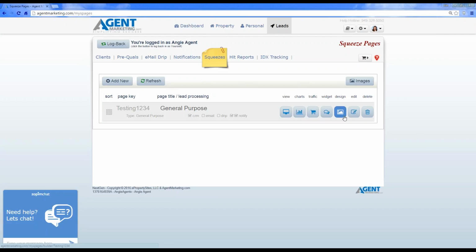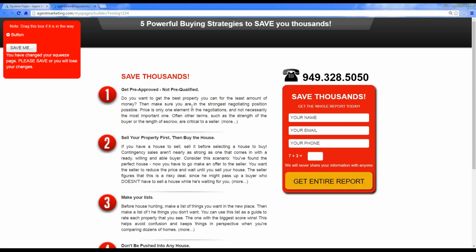There was a question: where did you go to edit the content, or to edit anything? You just click on Design. You'll see all of these little icons here, and the Design option is the fifth icon in. Then you just go through and customize by clicking anywhere on any of the fields that you want